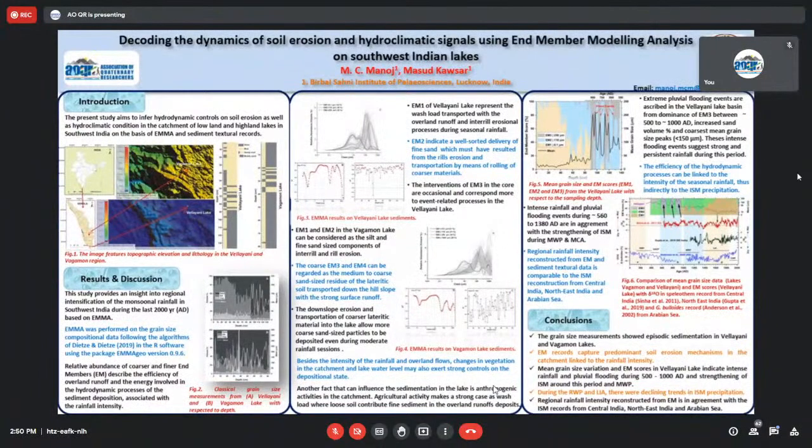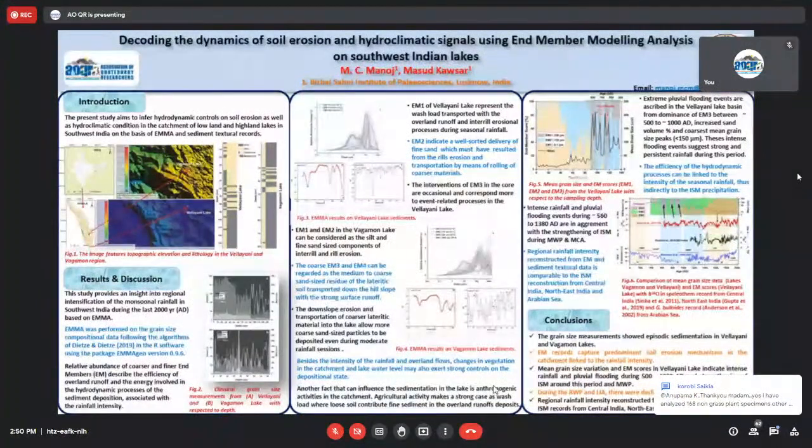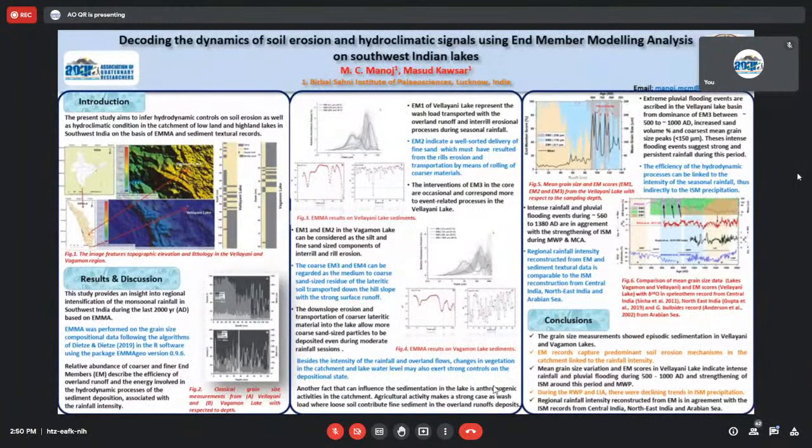The lake deposits faithfully preserve the signals of local and regional climate changes that have occurred since their formation. During the transportation and deposition, different grain size classes are sorted and mixed by the different transport agents and give rise to characteristic grain size distribution. So the natural grain size distributions are composed of dynamic subpopulations, the end members, that were sorted by different sediment transportation and depositional processes. So this present study aims to infer the